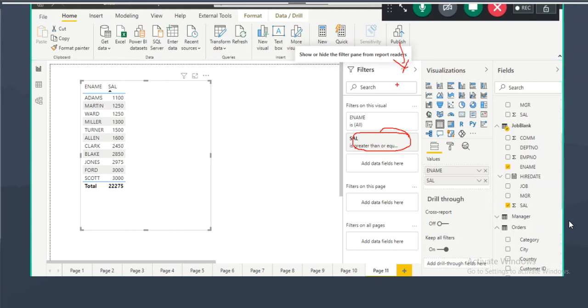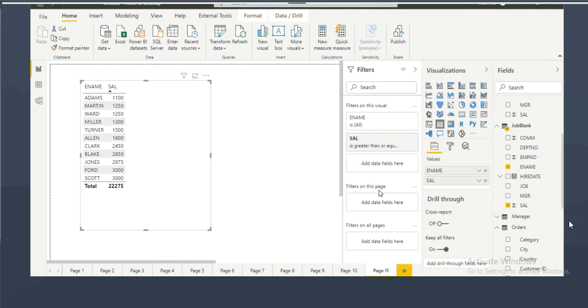So instead of hiding the complete filter span, let's assume I want to hide only this filter from my client. There are 10 filters here, and I want to hide only one individual filter. What do you have here? Hide filter. You can go and hide it. This time it will show the filter span, but it will hide only this filter from the client. Hide means it will not show.